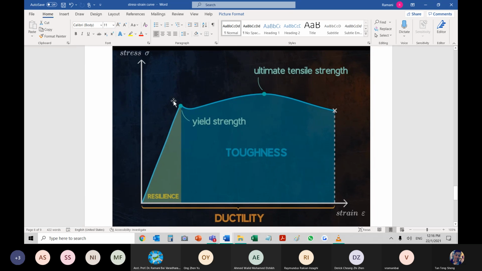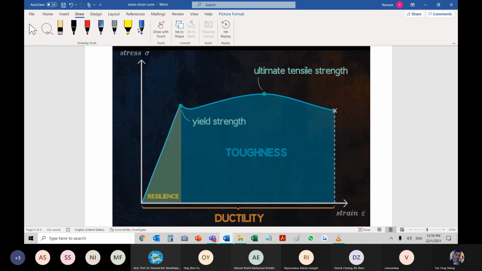See here, this area 0 to B, almost B you can take, because that's a transition region between elastic and plastic. So I take it as 0 to B. Let me draw and show you. 0 to B is the elastic region. Yield is put as a strength, yield itself under C.